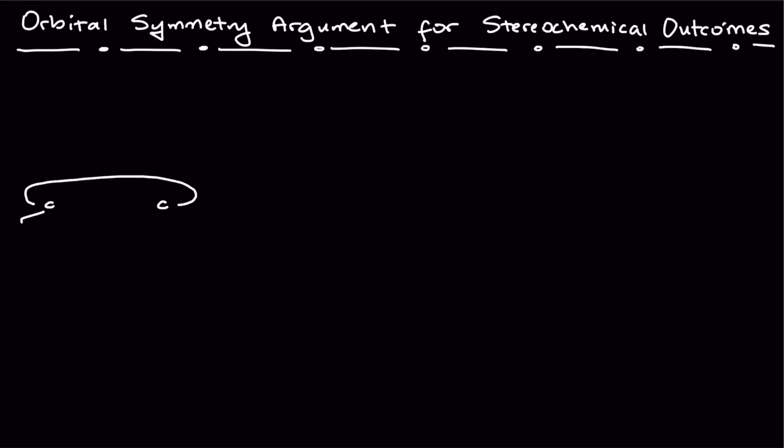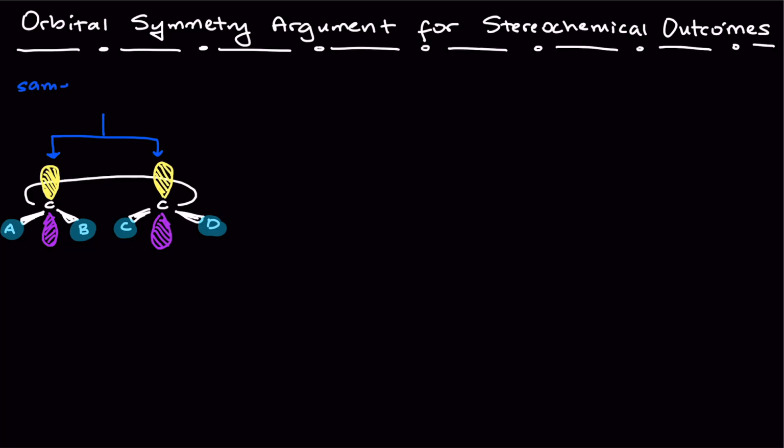So now let's look at an example where we're going to strip out the rest of the molecule and focus on the ends of the p orbitals that are associated with your pi molecular orbital system. So take note of how we have oriented the molecule with A, B, C, and D, and also take note of the symmetry of the pi molecular orbital. In this particular case, we have the two ends in the same phase, so we have a symmetrical pi molecular